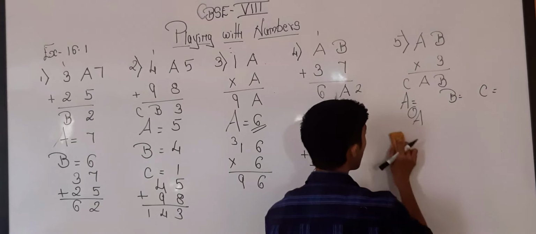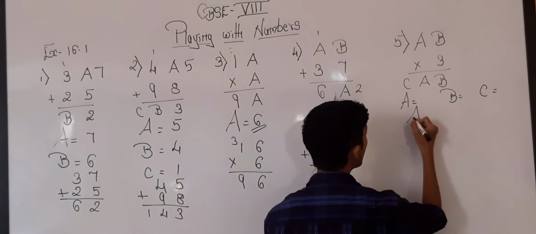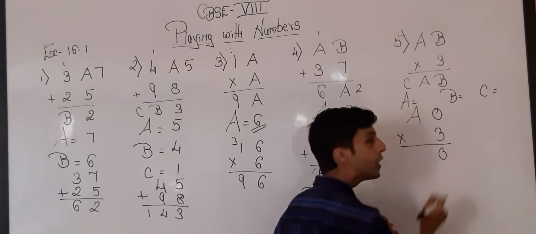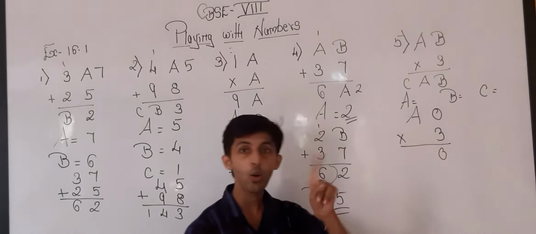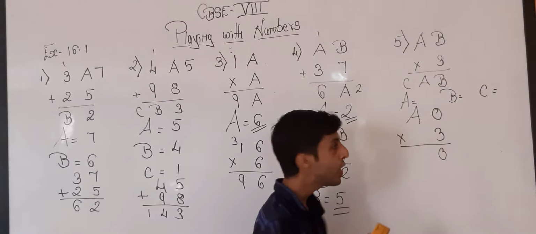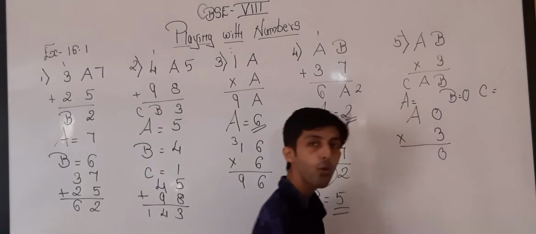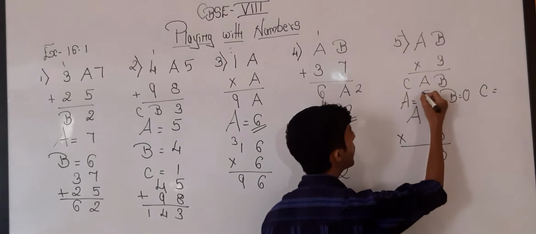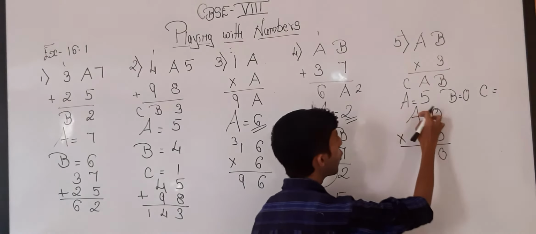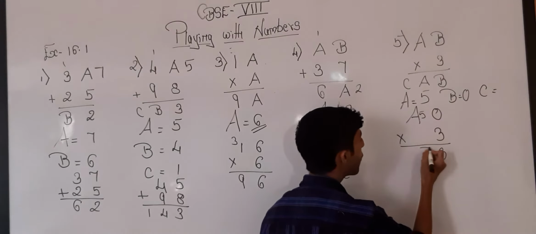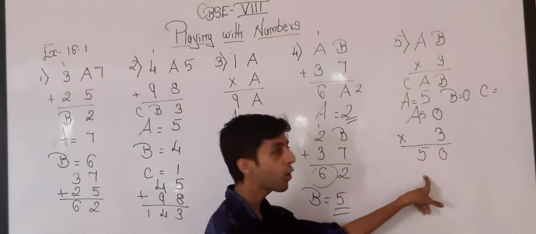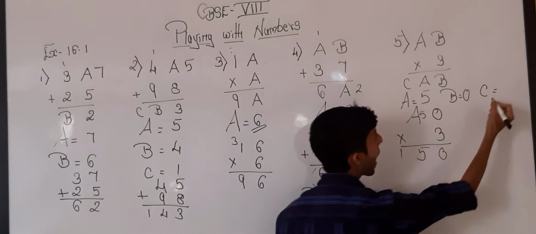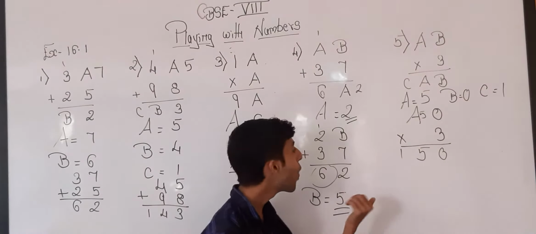So if I am taking my value of b as 0, so a into 0 multiplied by 3, so 3 0s are 0, my value of b has not got changed. Now the value of a, if I am taking 5, for example, so 5 3s are 15, again 5, instead of a I got the value of 5 and 1, so my value of a is equal to 5 and my value of c is equal to 1.